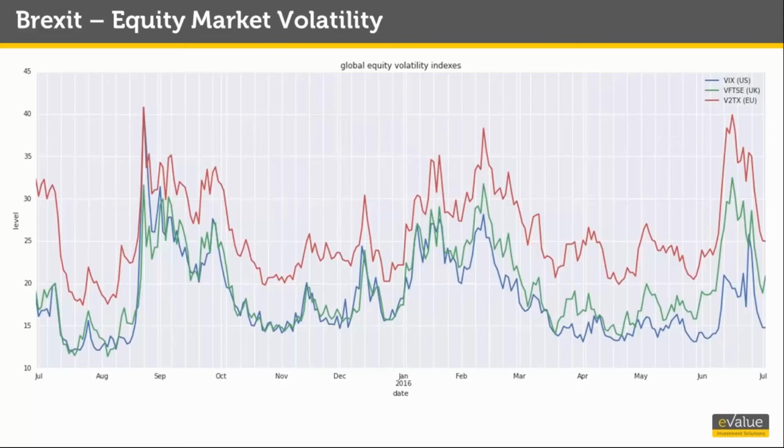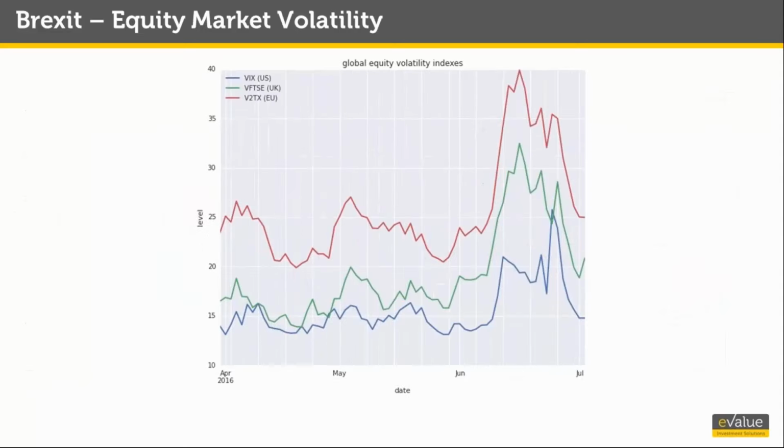In the lead up to the EU referendum, the result appeared too close to call, and the UK and EU equity volatility indexes shot up to levels seen last summer in the wake of the Chinese stock market collapse. Peaking earlier in June, when the Leave camp appeared to have a lead over the Remain camp, but since the Brexit vote over 10 days ago, the volatility still remains elevated. So the main message that we can get from these indexes is there's still uncertainty in the market. In fact, that is the main message in our update, that the future is quite uncertain and our asset returns are reflecting that.